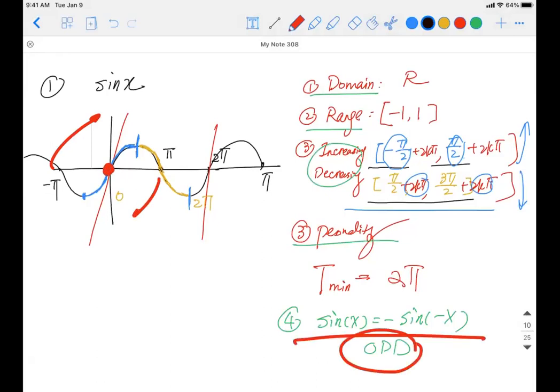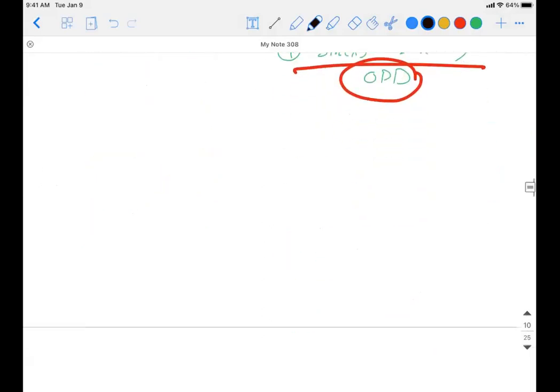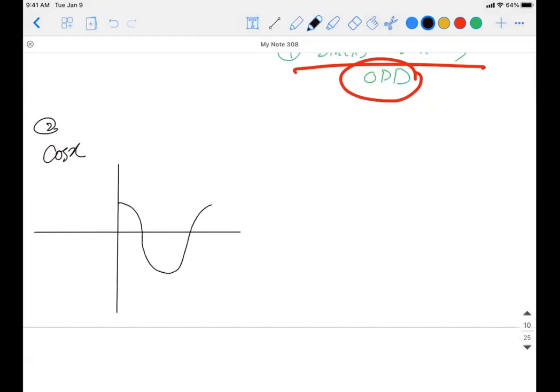We have already talked about the entire thing in our previous lectures. So we just want to use what we discussed to go through all the properties of the sin function. All good? If all good, let's go to our second function, number 2, cosine x. Cosine x goes like this. All right, this is your cosine x.